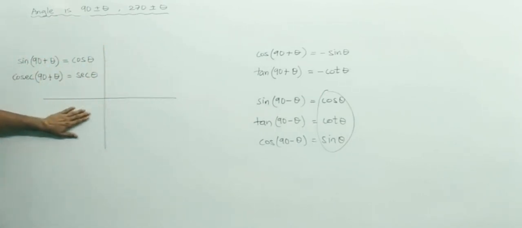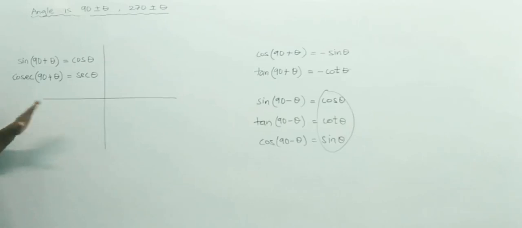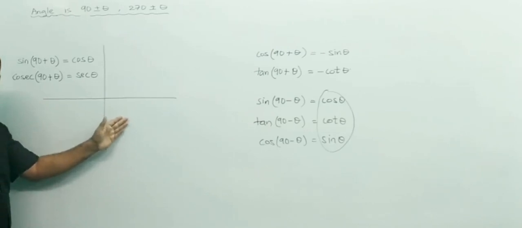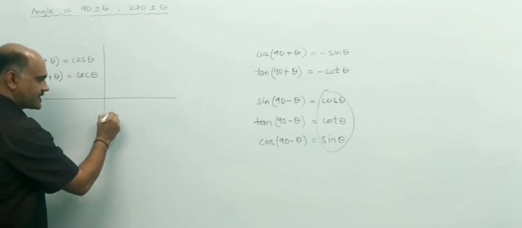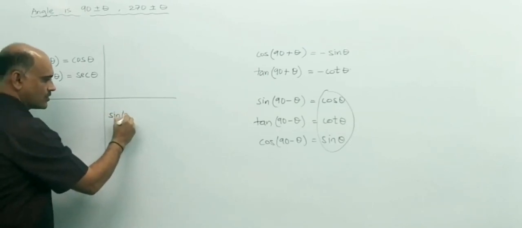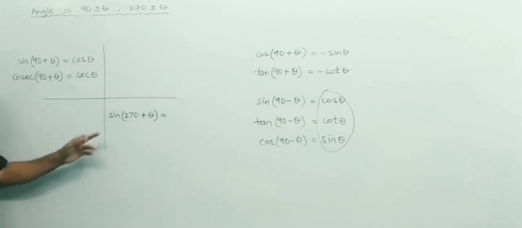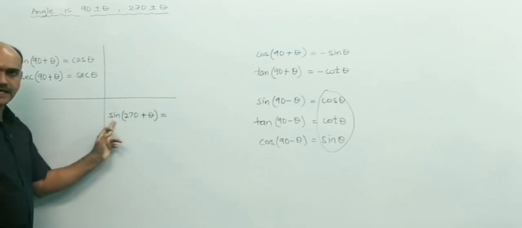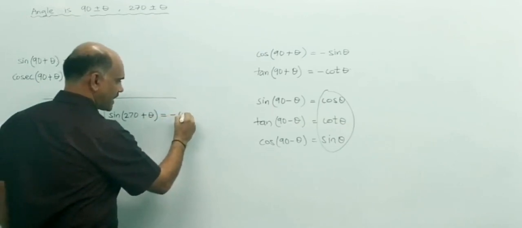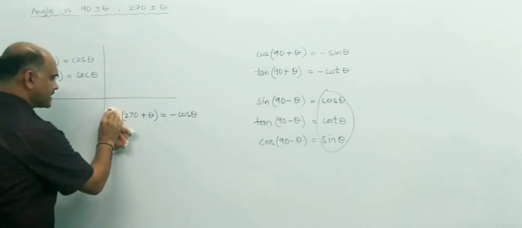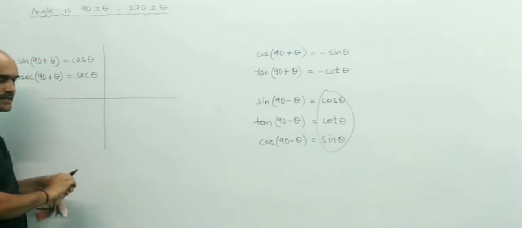Similarly, if you take here you will have negative other than tan and cot. But generally you will not get confused over here. So mainly again you will get confused in the fourth quadrant. So if it is in fourth, sine 270 plus theta. In fourth quadrant sine is negative, so this will be minus cos theta. Or you can remember it in this form.